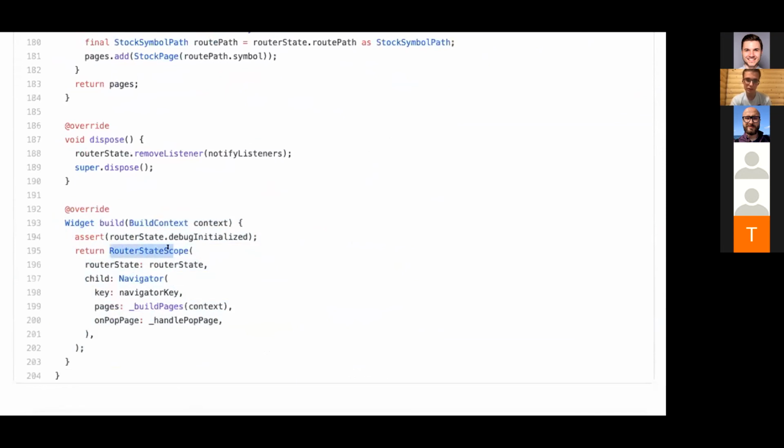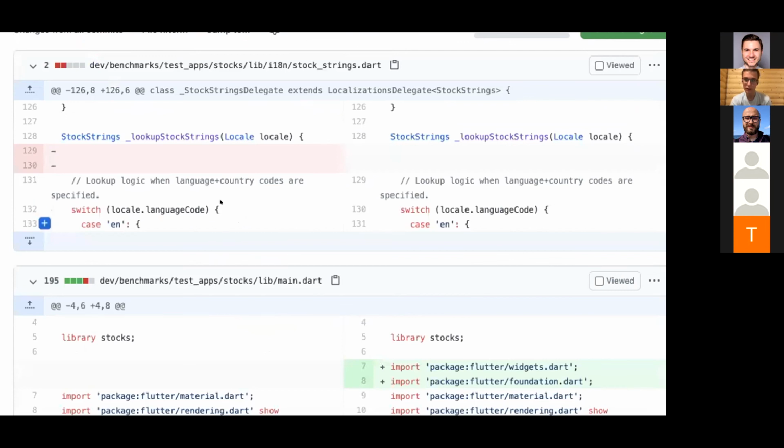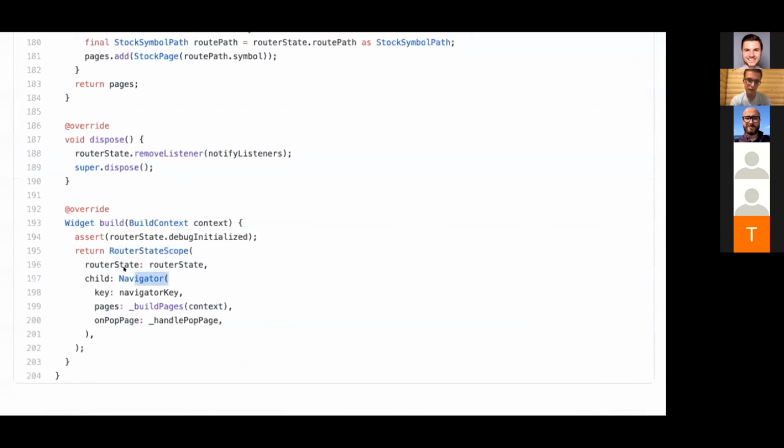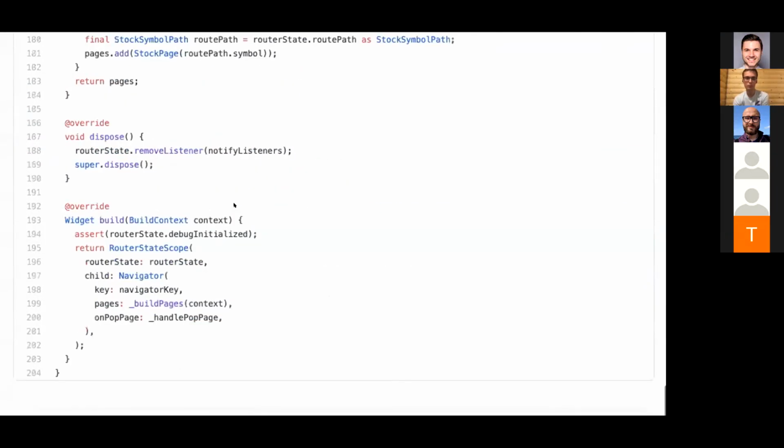This is a custom class for this app. If you go here, you will see it somewhere in the repository. In essence, you have your navigator and you build pages for the navigator, and this will be rebuilt on each change. So this is a bit more complex than the Pages API. It requires some digging and understanding how it works, but I hope there will be some nice examples of that soon. Not much is done yet because this is still a very young concept, but more examples are coming.